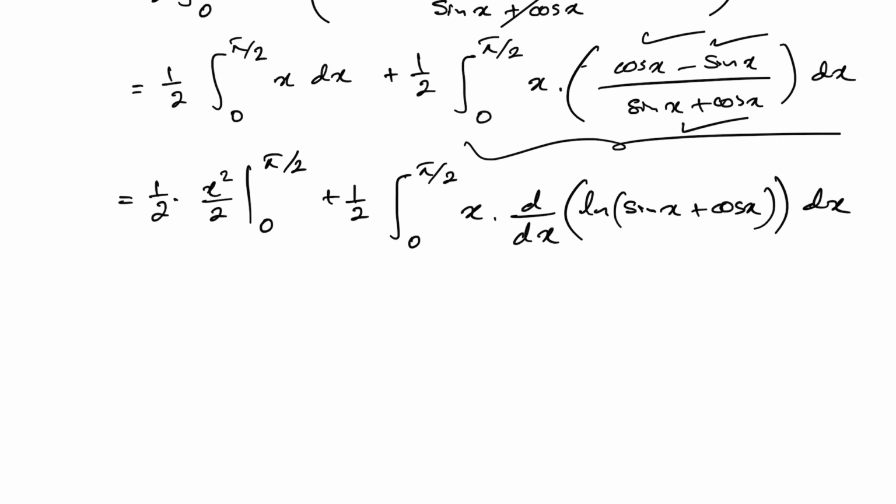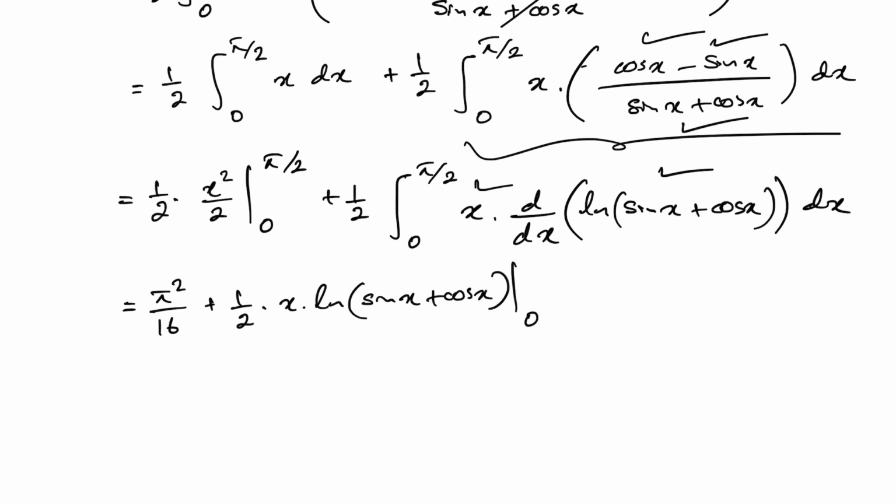Okay, now here pi squared over 4 times 4, so pi squared over 16, then plus 1 half times the product of this function, so x times natural log of sine of x plus cosine of x, limit from 0 to pi over 2, then we have minus 1 half